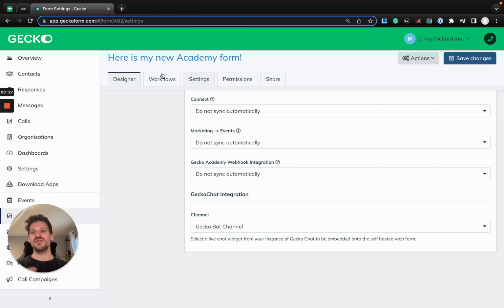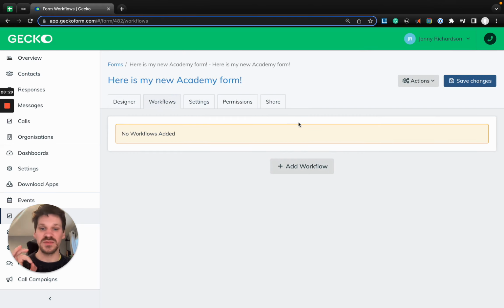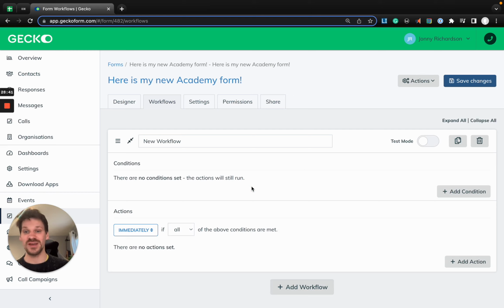Now let's move over to the workflows tab, because for me this is one of the most important things that Gecko supports. The simple idea behind workflows is let's automate everything we possibly can, because you don't have enough time to manually deal with every individual form submission. Workflows can be created in as many ways as you want. There's a limitless number of conditions, limitless number of actions,